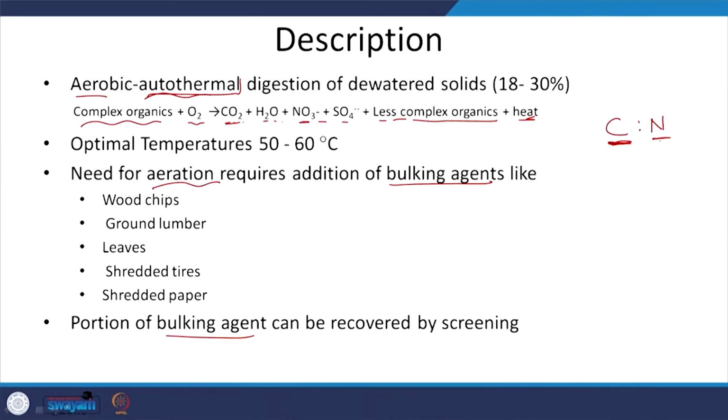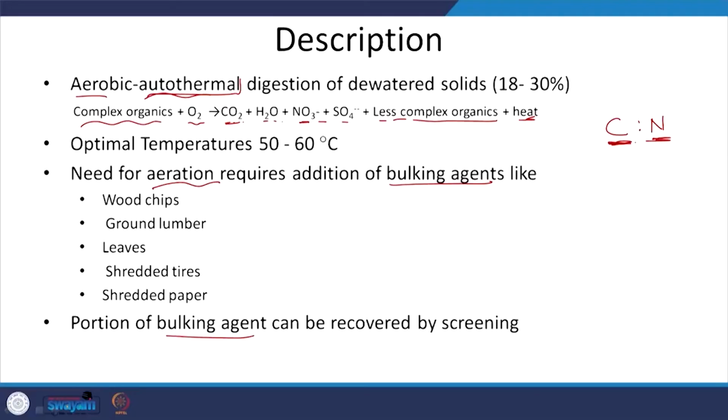So, if you have a good enough ratio, and you can aerate it well, you also need to seed it, as in, where are the microbes going to grow from? They can grow from what is in nature, but then it is going to be too slow. So, you can add some seed initially. So, these are the relevant requirements: carbon to nitrogen, temperature, oxygen,